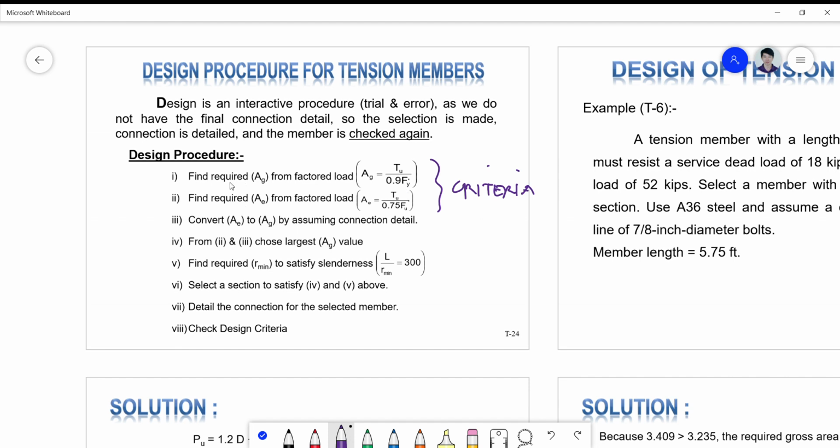So these two steps here is just a simple way of getting a feel of what the value of the area is using the yielding at the gross section and the fracturing at the net section. So this is a yielding failure, and this is a fracture failure. And then of course we have to choose